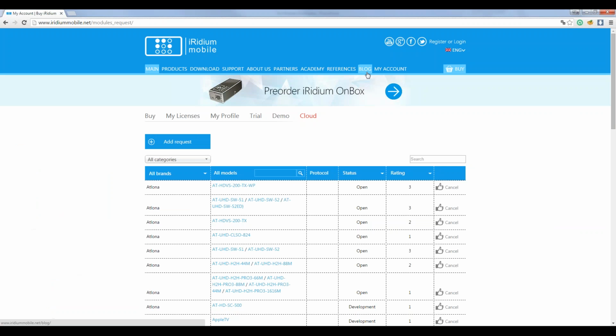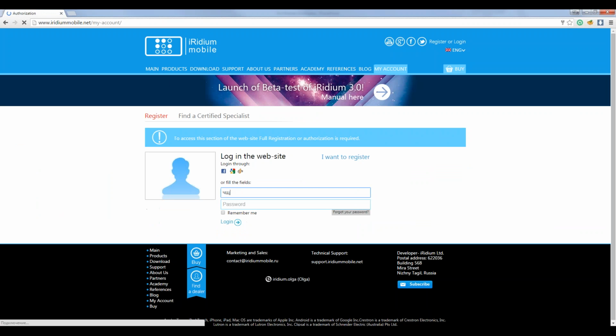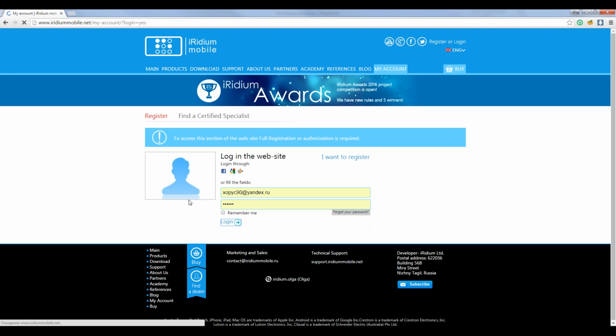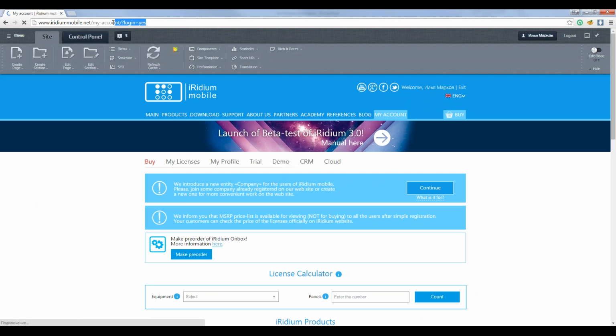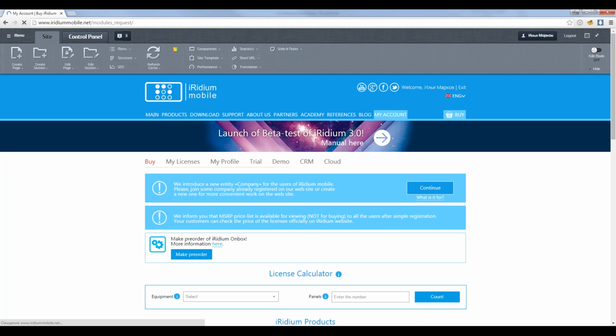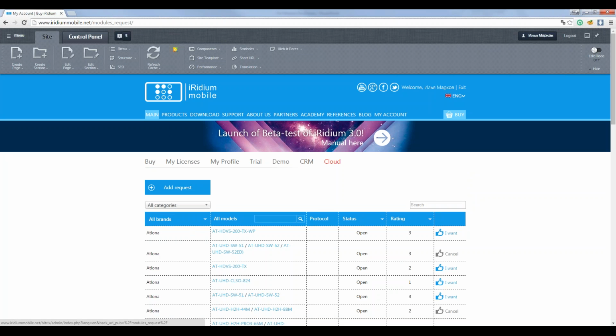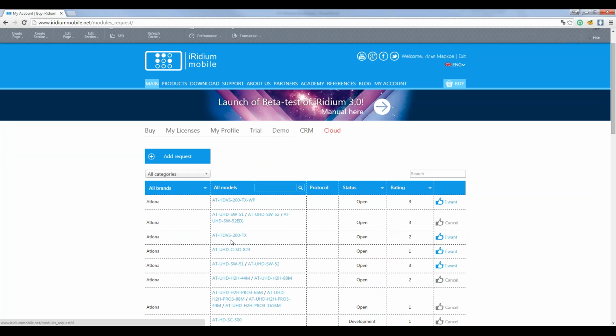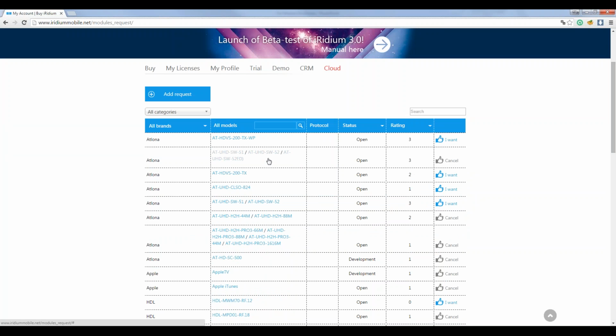First of all, now you can see the system of module orders. So, for example, now I am an integrator. I can log in on our site. Okay, now I can open the system of module order, and here I can see all orders.